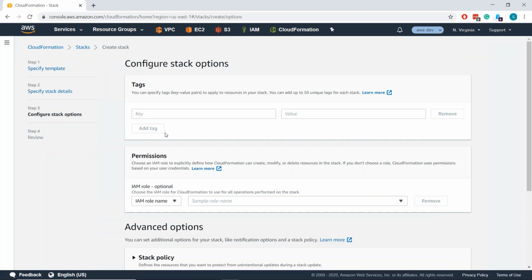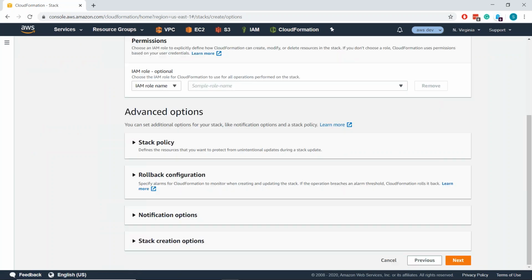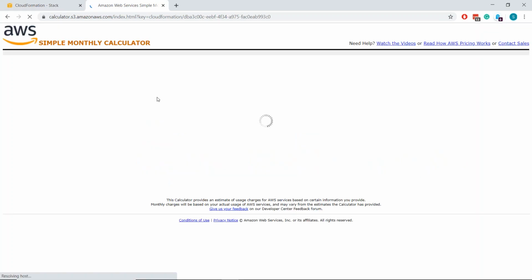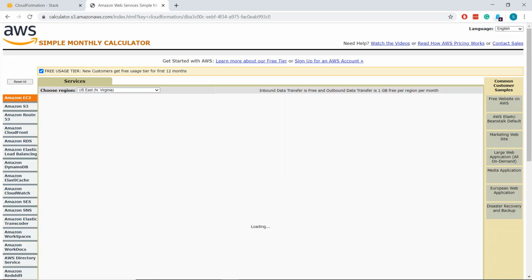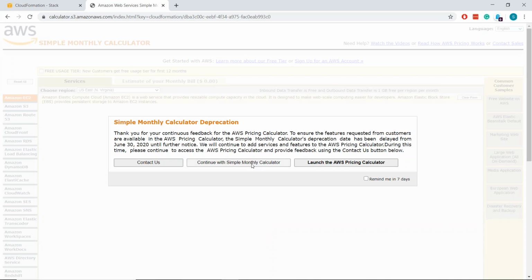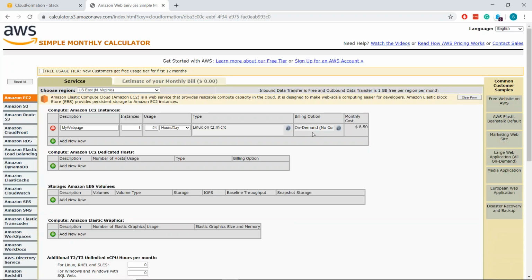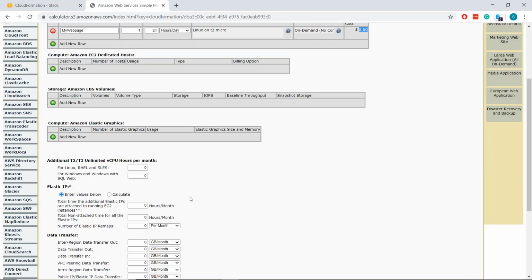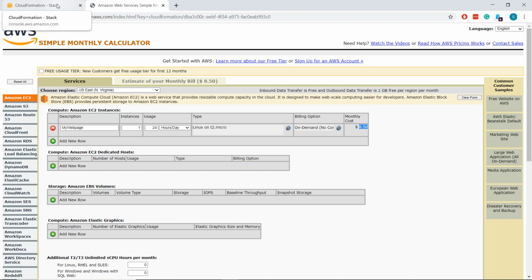Another thing I can do, which is on the next page, is estimated cost. I can click this, and it will actually tell me how much it would take to run this for an entire month. If I ran this, it would cost $8.50 to keep this running 24/7 for 30 days. It's nice to be able to see that. It's a very simple one. You could have a really complex system and it will tell you the gazillions of dollars you're going to spend.